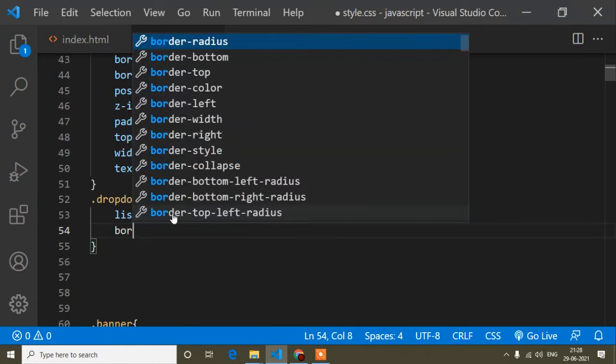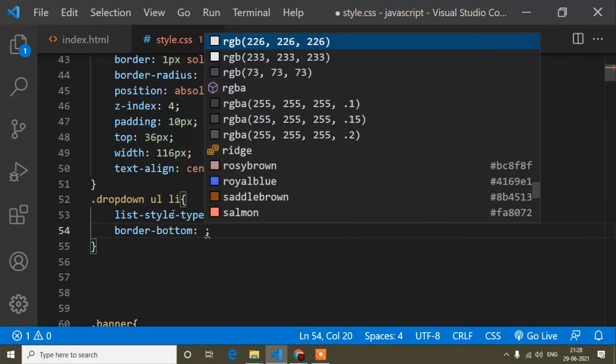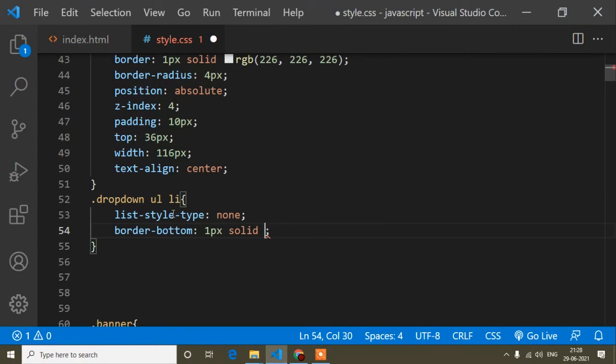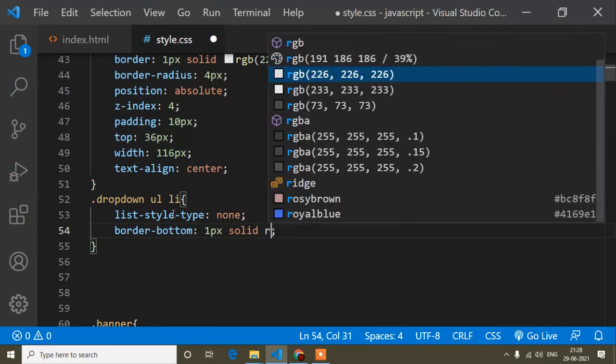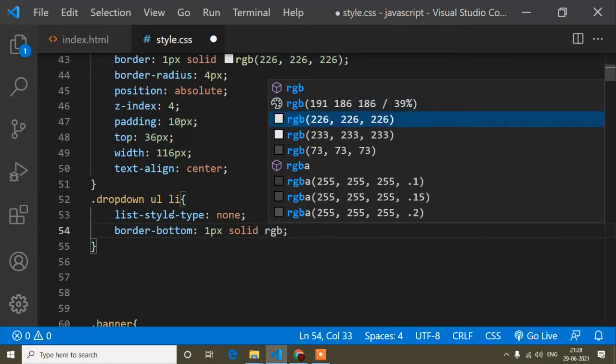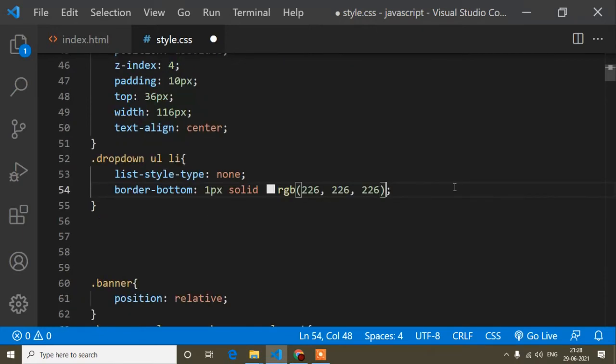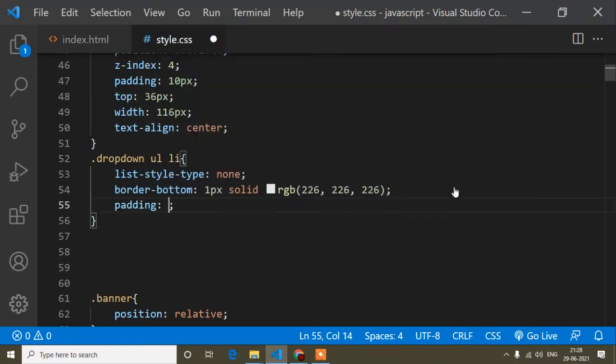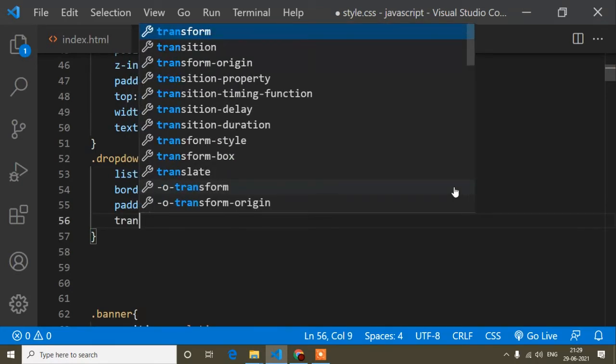And the border bottom is 1 pixel solid, and RGB the same color code. And the padding is 4 pixel and 0, that means top and bottom 4 and left and right 0.